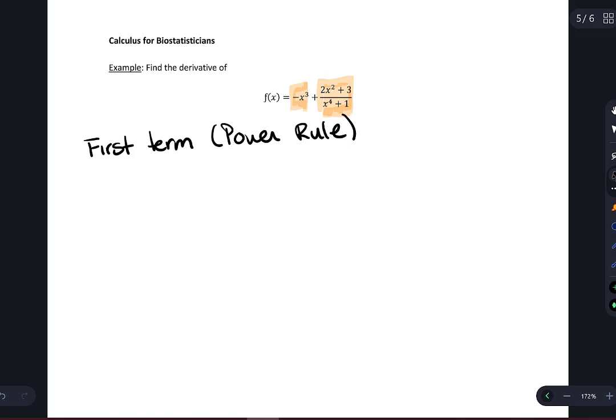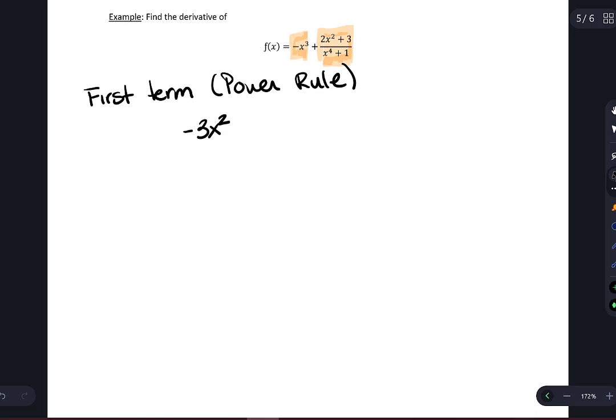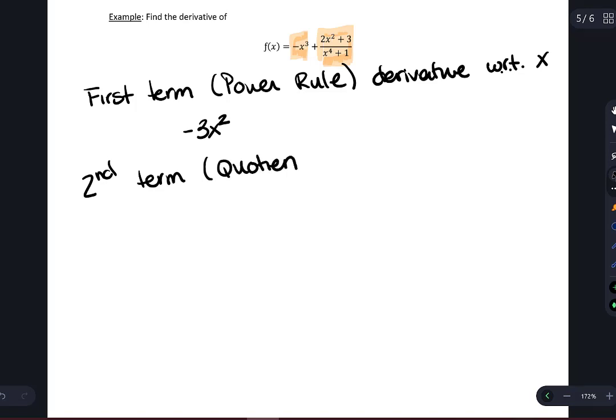The derivative of that first term is negative 3x squared. I'm going to write the derivative with respect to. You will commonly see WRT mean with respect to, and we're taking it with respect to x. And then for the second term, let's apply the quotient rule to take the derivative